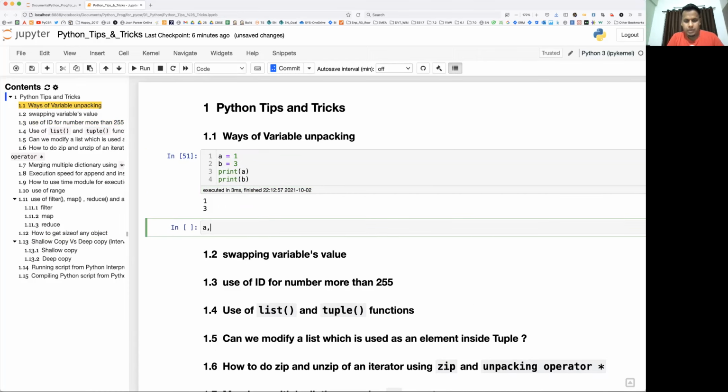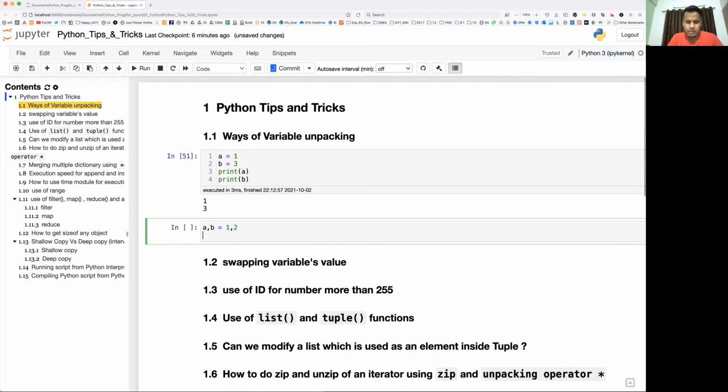We can write all the variables whichever you would like to assign, use the assignment operator, and whatever values you are going to assign one by one. Okay, so the way you have written the variable names, same way you can write the variable values. Okay, so it will be like one-to-one mapping. So A will have value 1 and B will have value 2. Okay, so remember guys, whenever you do this kind of bulk assignment using a single line operation, make sure that whatever number of variables you use, it should match the same number of values also. Okay, see what happens here.